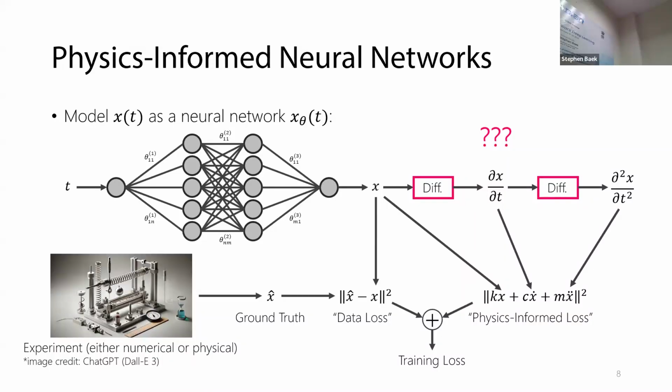As a matter of fact, in the harmonic oscillator example last time, we could fit this vibration curve. But if you increase the weight term for the physics-informed loss, what's going to happen is the neural network will be a flat line for the entire time interval. Because not doing anything, staying in the same position, is the easiest way to